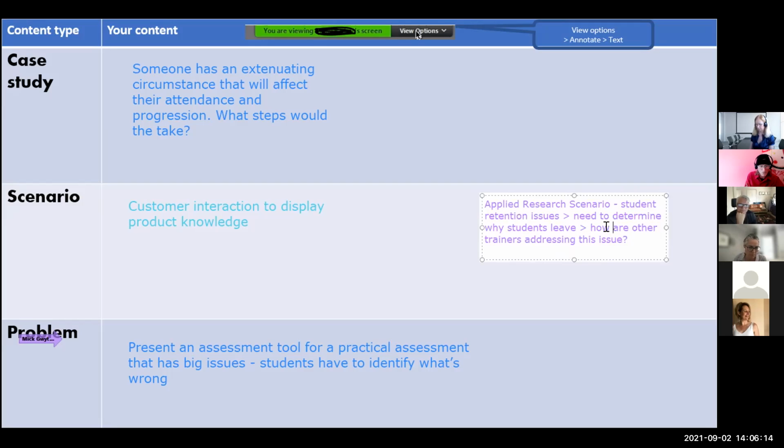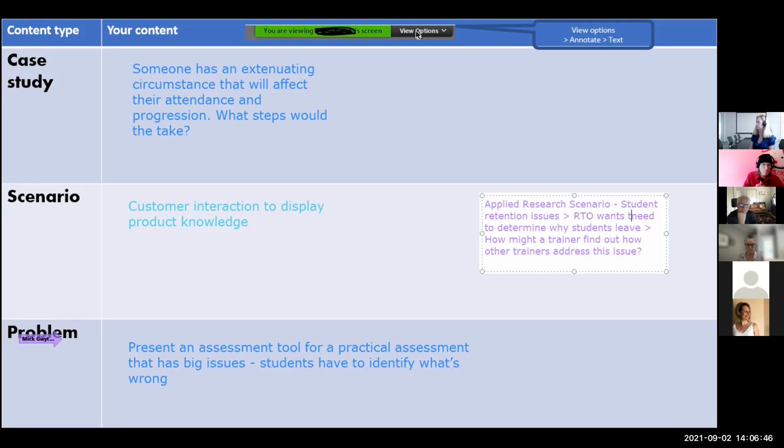That's one way you could do it, or you could rewrite it as an example of what a student experiences going through those particular steps. That's really the story of what happens, or the application of that process as a story to make it come alive a bit. Whereas a scenario is where you could use that same case study, but you break it down into particular steps, and at each step you stop and ask the student how to progress to the next step.